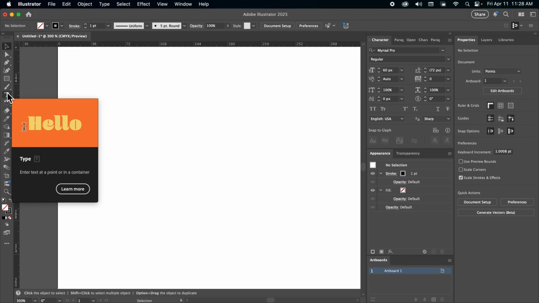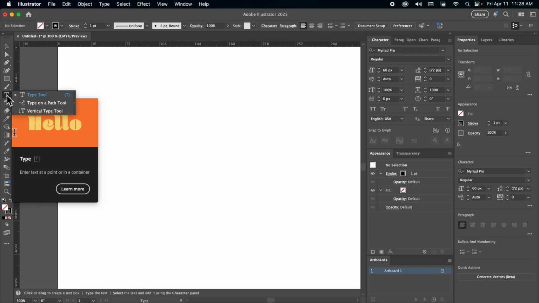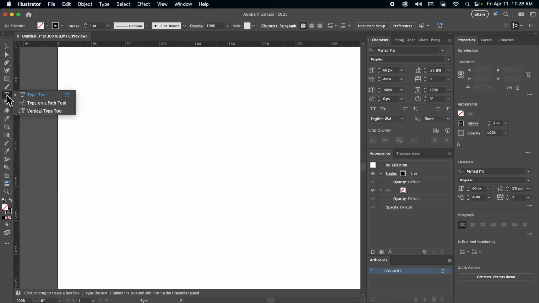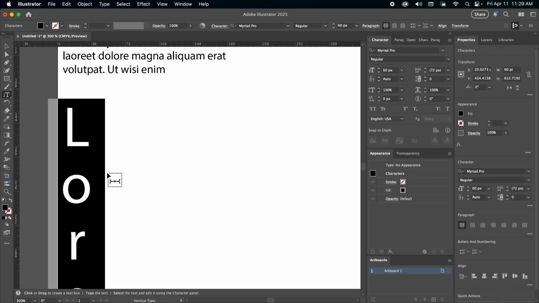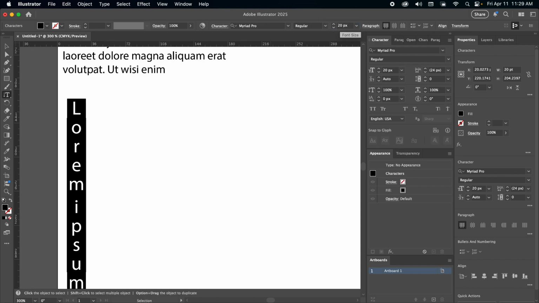We're going to look at the vertical type tool, which is nested under the type tool. So we're going to click and hold and go to vertical type tool. And as you can probably imagine, it's going to type vertically instead of horizontally. Click once to create lorem ipsum text. This time I am going to have to make this smaller.